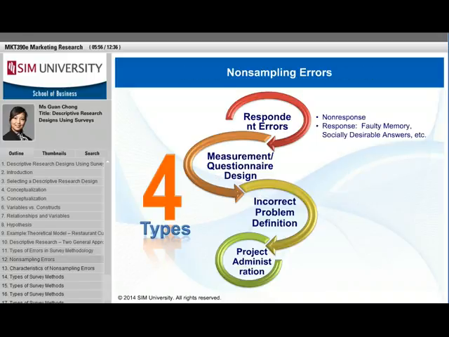There are four major types of non-sampling errors, namely respondent errors, measurement or questionnaire design errors, incorrect problem definition, and project administration errors. Respondent errors occur when respondents cannot be reached to participate in the survey process, do not cooperate, are unwilling to participate in the survey's question-answer exchange activities, or respond incorrectly or in an unnatural way to the questions asked in